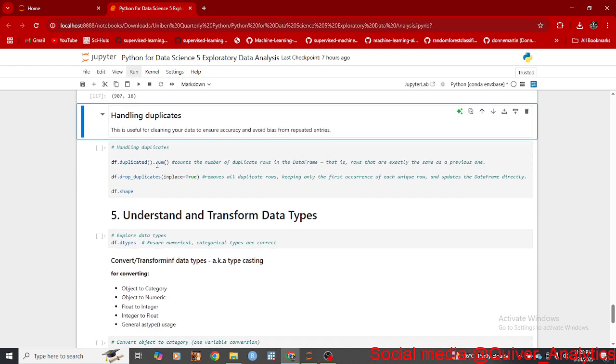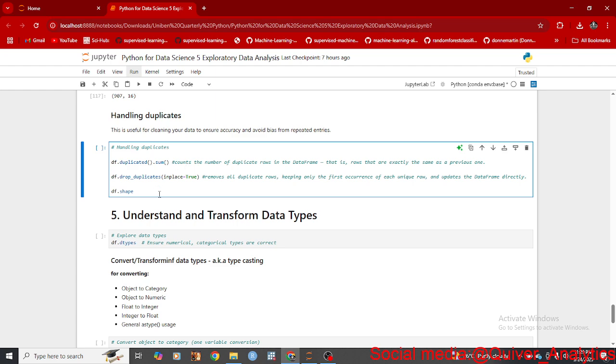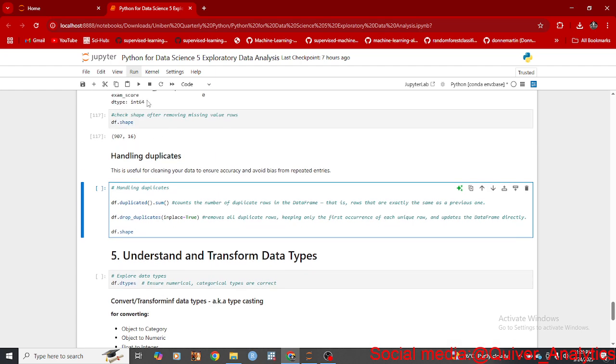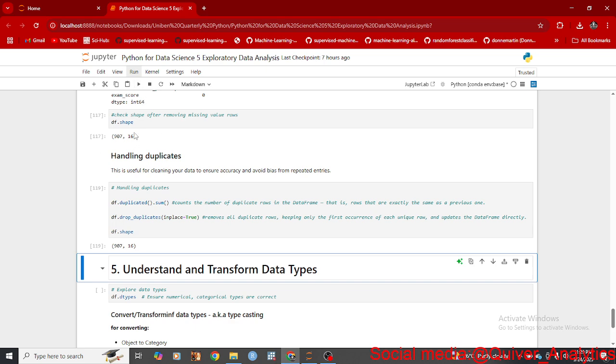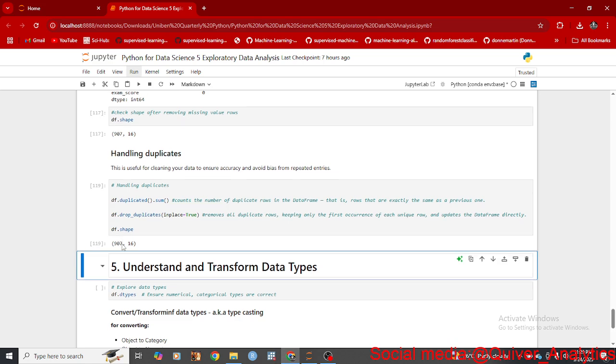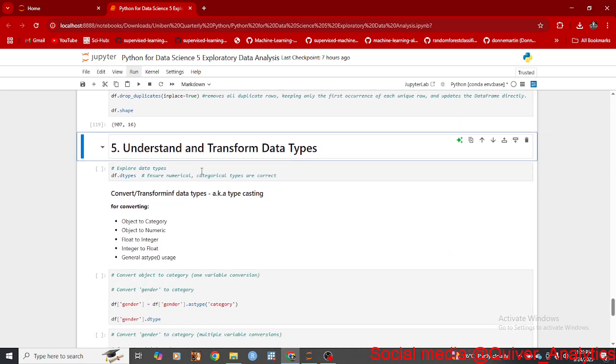So assuming we had duplicates, we would have run this part of the code, but we do not have duplicates. However, let's run it. So you can see there are no duplicates. If we had, it would have removed duplicates here and we would have had fewer than 907 rows. All right, now